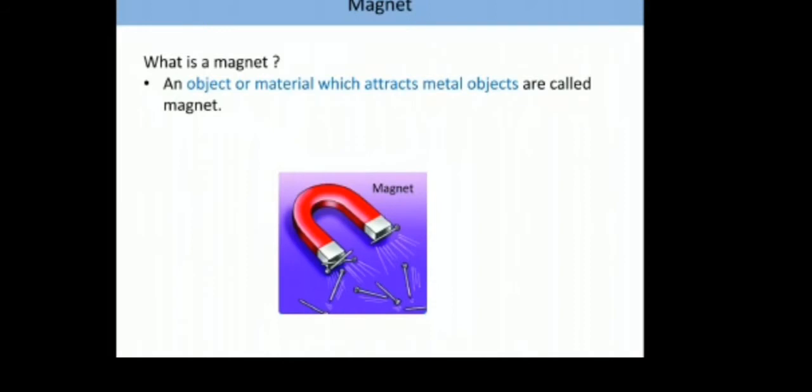Now when the magnet was discovered, people saw that when they brought that magnetite rock close to some metal object, it stuck. The question was why it sticks to other metal objects and how this is going on, because no one knew at that time how the magnet was sticking to other metal objects, or how iron nails were getting attracted towards the magnet. That was a very difficult question. When two magnets are brought together, they come close and stick to each other. How is this happening?